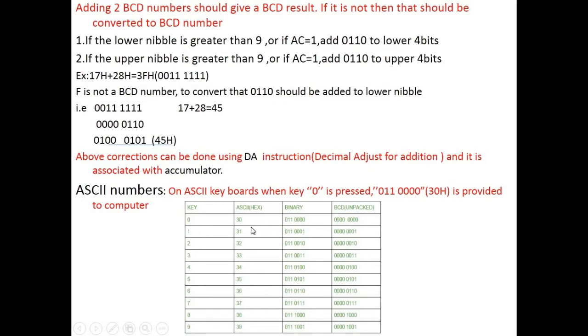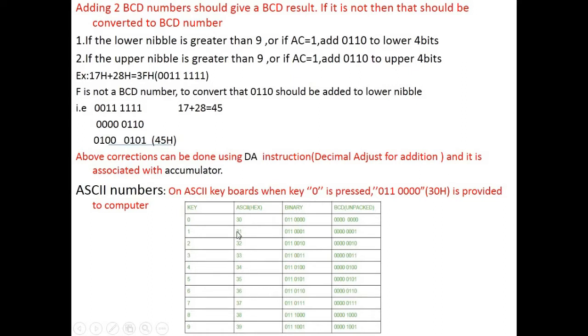The ASCII equivalent for 0 is 30, for 1 it is 31, for 2 it is 32, and for 3 it is 33. For all these values we need to add 30 to get the equivalent ASCII value.